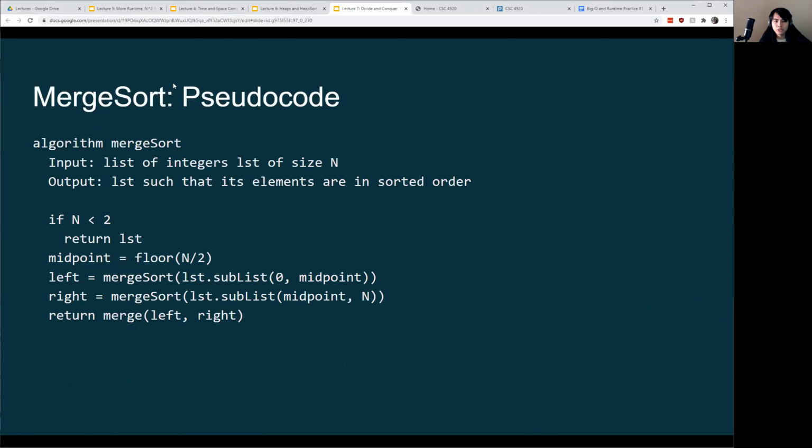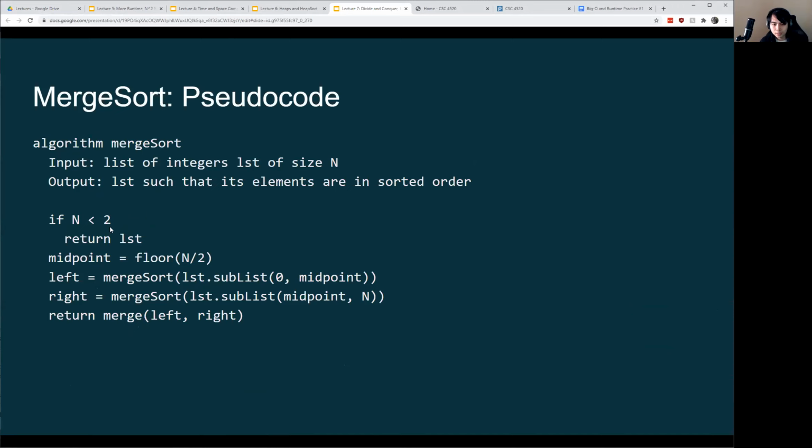All right, so now here's the code for MergeSort. If you understood merge, you should now try to take your time and understand MergeSort. I'll go ahead and explain it a little bit at the beginning, and then we'll do the runtime analysis afterwards. So the big idea here is that we're going to go ahead and take a look at